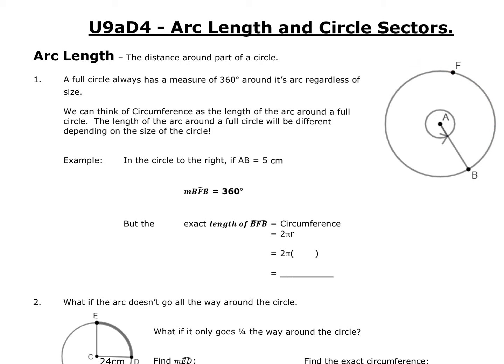We can think of circumference as the length of the arc around a full circle. The length of the arc around a full circle will be different depending on the size of the circle. So it won't be just 360 degrees all the time, but how long is it? Okay, so an example: in the circle, if AB is 5,